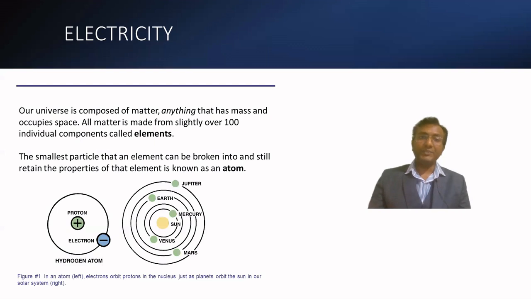Atoms are the smallest particle of an element that retains the property of that element. To give you an analogy, think of an atom like a miniature solar system. In an atom, electrons orbit the nucleus, which contains protons and neutrons. Just like planets orbit the sun, electrons move around the nucleus. The structure is essential for understanding how electricity works